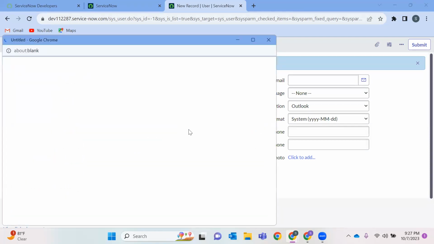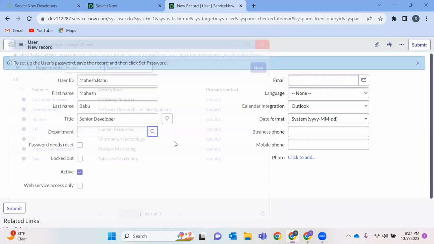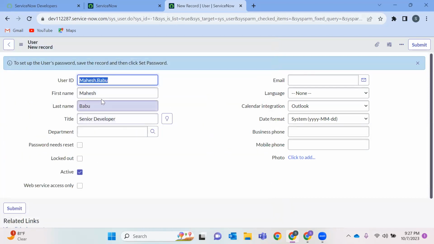Department, what is this department and why this field? See, if you see, this is a string field. What is a string? String means it accepts both numerics, special characters, numbers. Okay, this is also a string field, this is also a string field, but this is a suggestion field. This is a reference field, which we say as a lookup field. What is this lookup or reference field? Suggestion field is nothing but it helps you to choose your choice.